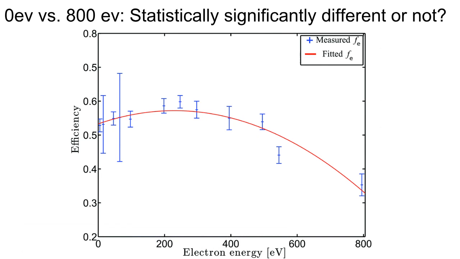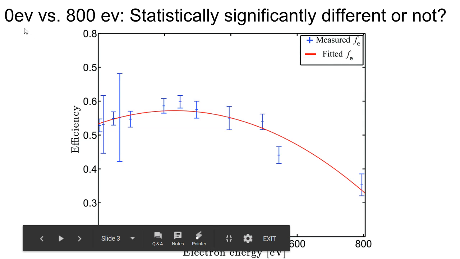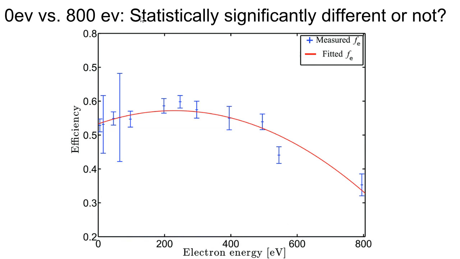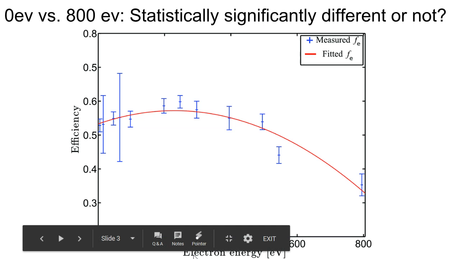Okay, so let's look at some more complicated data. So here, the question is 0 electron volts versus 800 electron volts. Is the data statistically significantly different or not? So I see down here we have